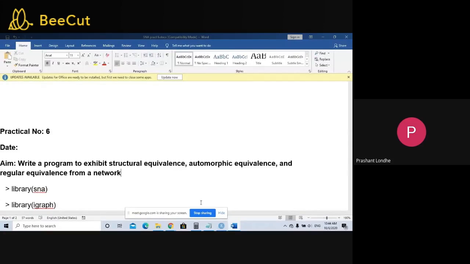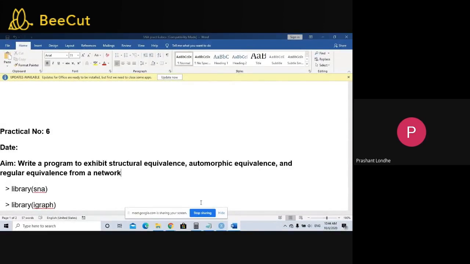Now, if you consider all the MSc students from Ratnagiri, and the structural equivalence means a family. If you have something common as a structure, it is referred to as an equivalence. It means you have a common genetic structure in your family. So this is a different definition for the structural equivalence. Another example is the set of all laptops. They have something as a structure, therefore it is referred to as a structural equivalence.